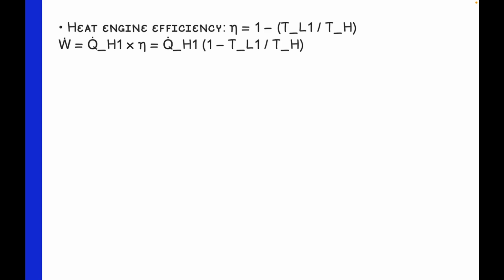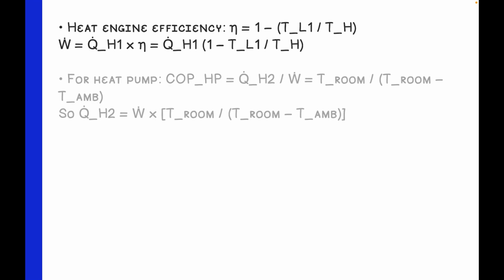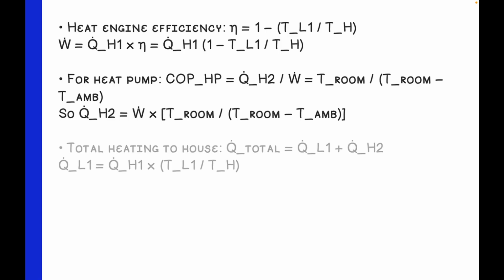So this relates the work output W to the heat input QH1 by W equals QH1 times (1 minus TL1 over TH). Next, the heat pump uses this work to transfer heat from the ambient environment to the house. For an ideal heat pump, the coefficient of performance is COP_HP equals T_room over (T_room minus T_amb). Therefore, QH2 equals W times T_room divided by (T_room minus T_amb). The total heat delivered to the house is the sum of the heat